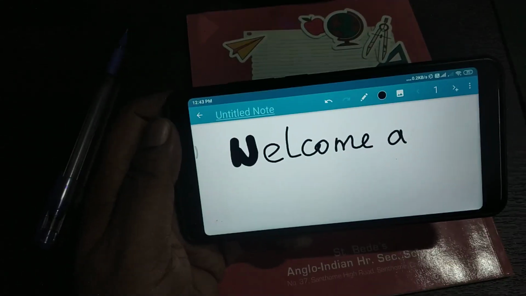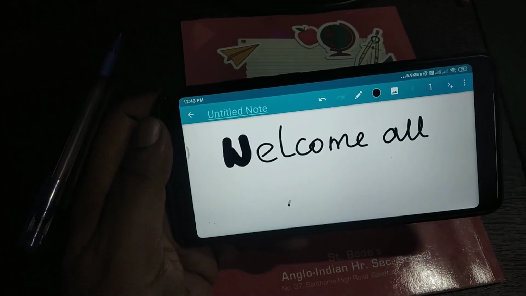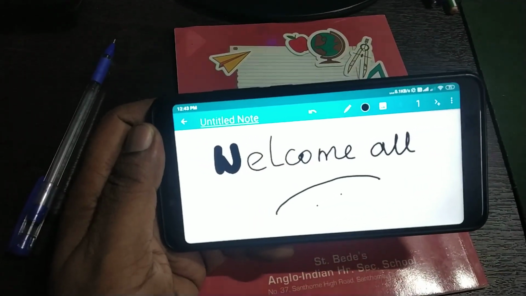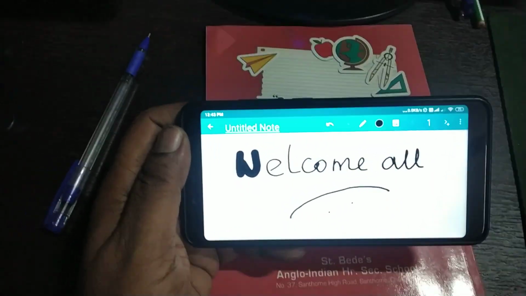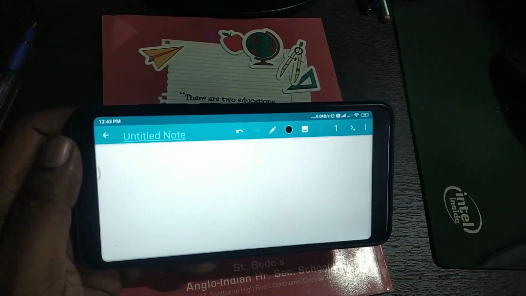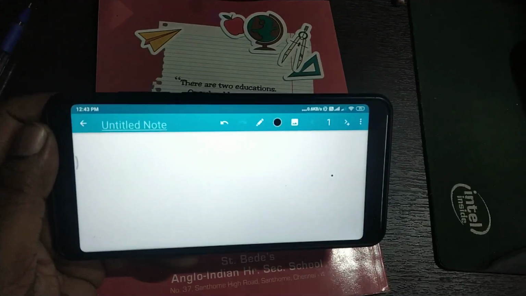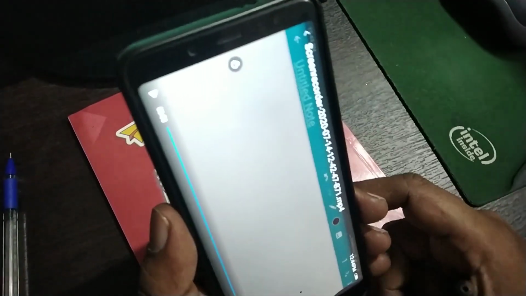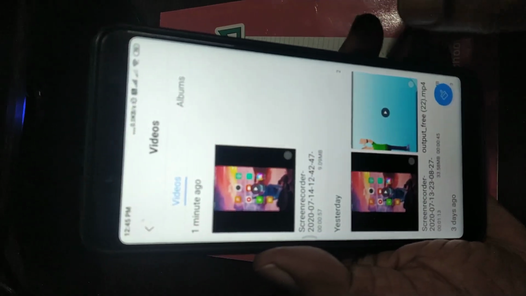Now once this video is ready, so my screen is recording. Okay, my screen is getting recorded, and you can record for hours together in this model. You can write, okay, as if you are writing in a blackboard or a whiteboard. Okay, you can draw, you can derive. Once you are done with this, what you need to do is you have to stop. Okay, so this is my video. Now you can take this video to your computer, or even you can, if you have a video editor in your mobile, you can edit this video and you can simply push it to your students.